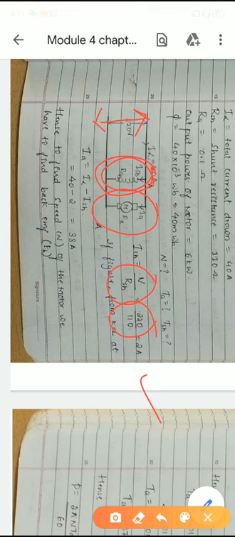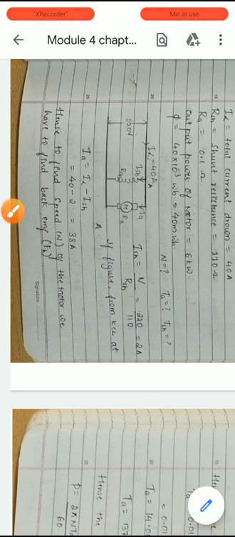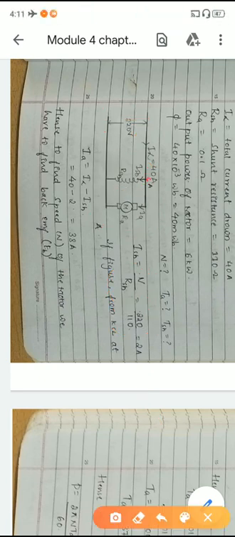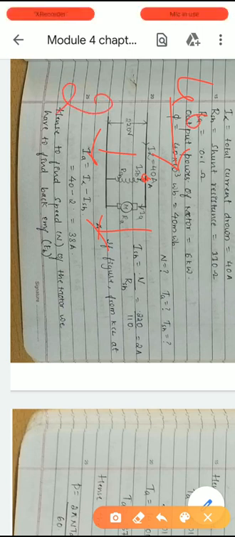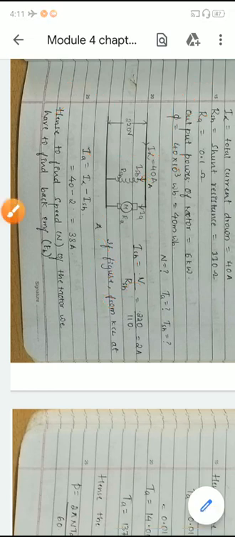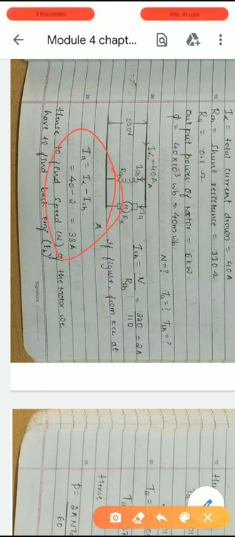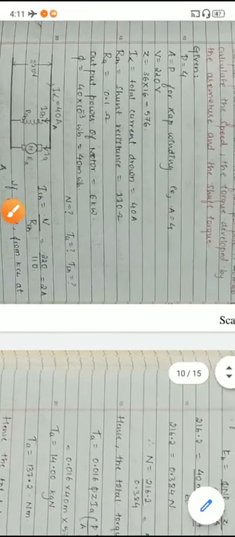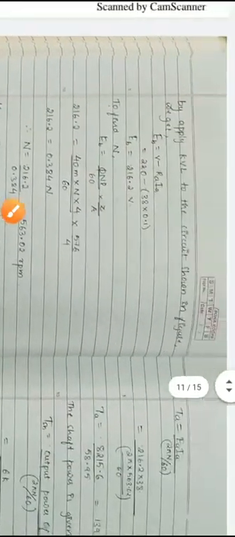Once we get the value of ISH, if you apply KCL here, what is KCL? Current entering the node is equal to current leaving the node. Current entering is 40, current leaving here is 2, then here it should be 38, isn't it? That is IA is equal to IL minus ISH, that is 40 minus 2, 38 amperes. Right? So once we get the value of IA, then we can easily calculate the value of EB.